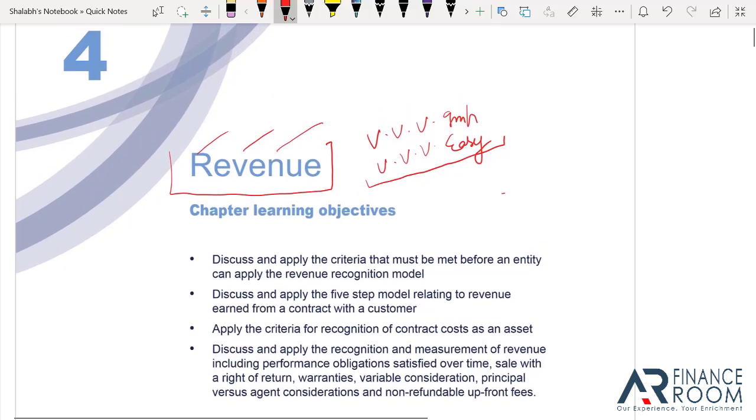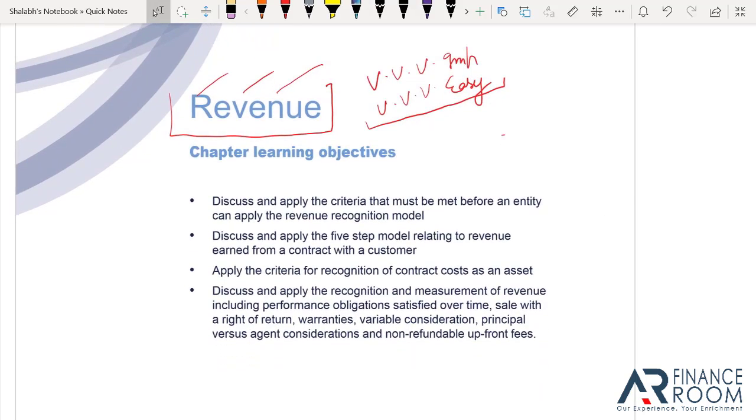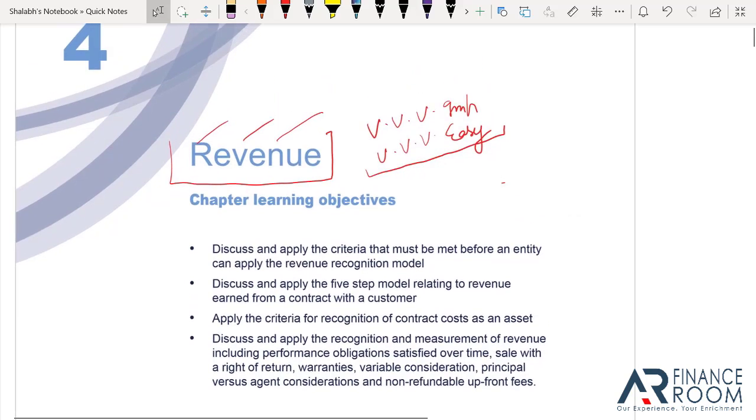As I told you in earlier lectures, I shall be using Kaplan's study material for discussion. If you have this, very nice. If you don't have this, no worries. All the study materials are more or less the same. The concepts remain the same. And it depends from chapter to chapter which approach we need to follow.